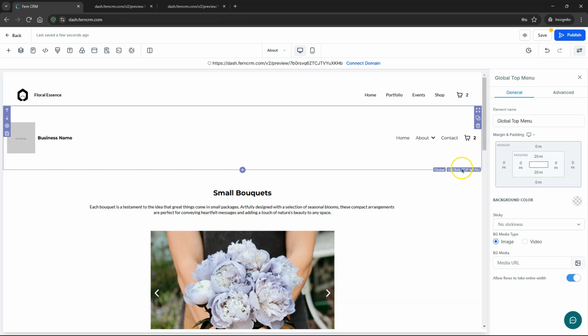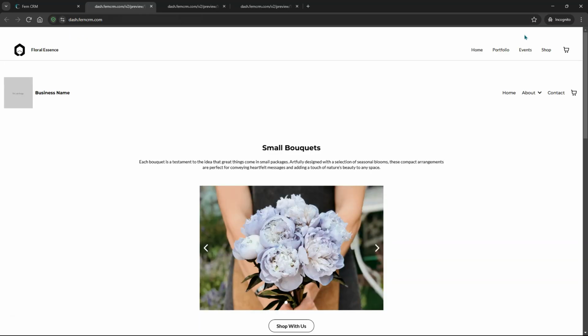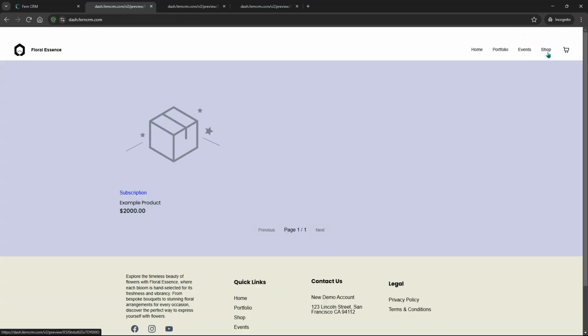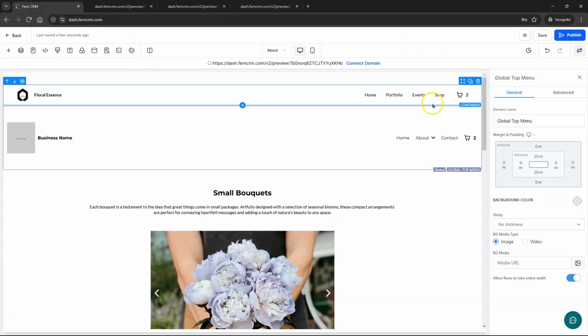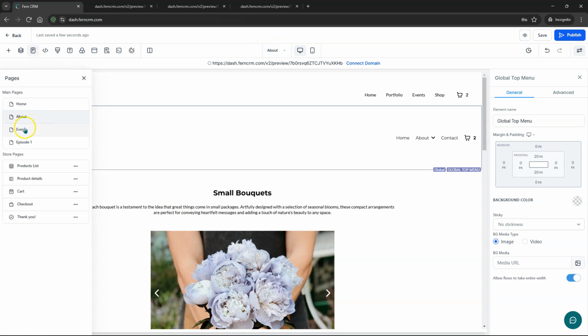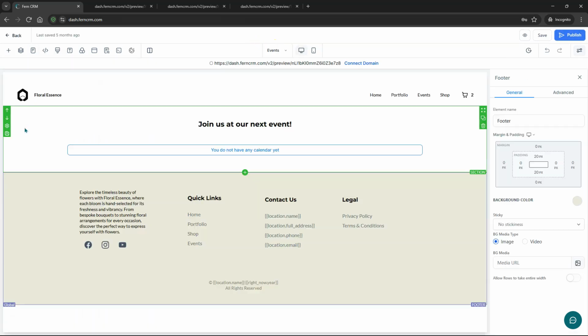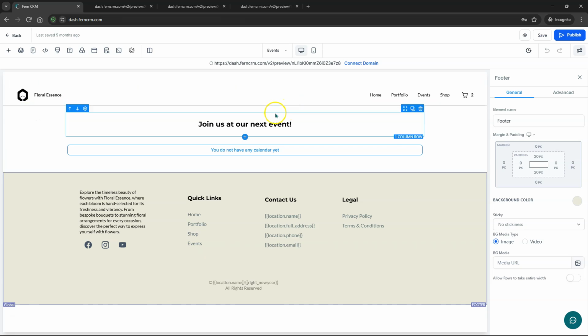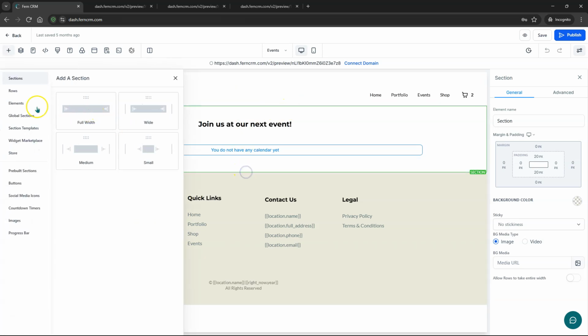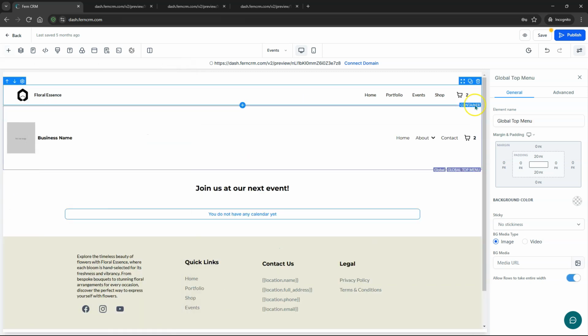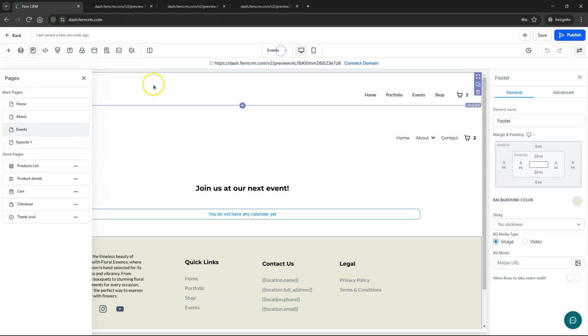Now if I save it and we preview it, it's still not going to show up on these other pages just yet, but if we go to those other pages and we add it from our global section, and then hit save, and then do the same thing on our home page,